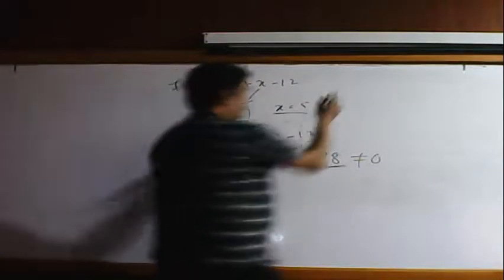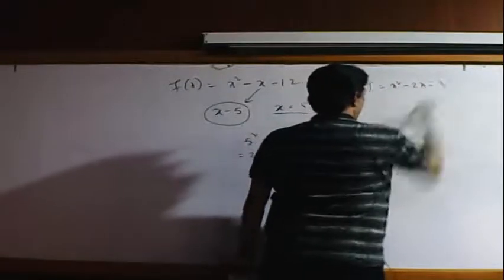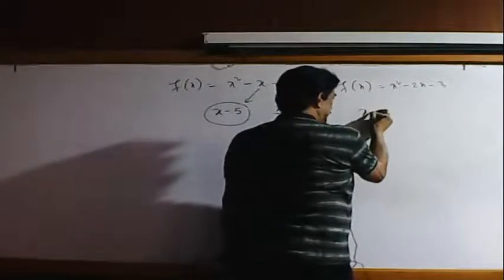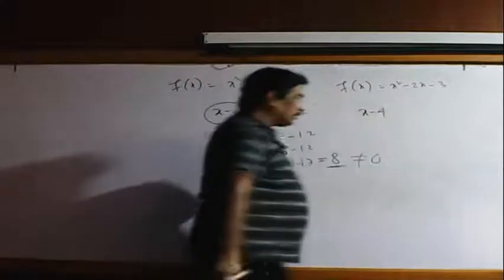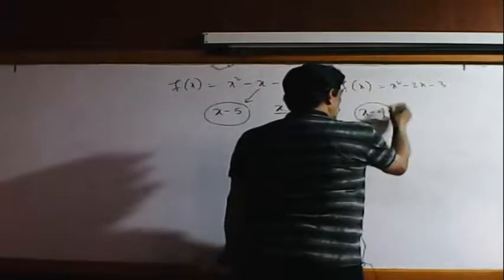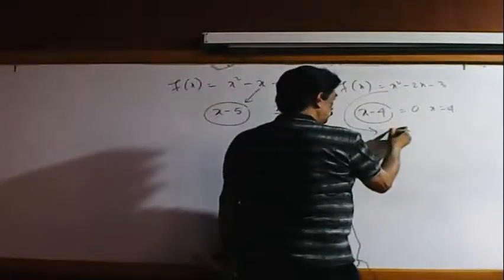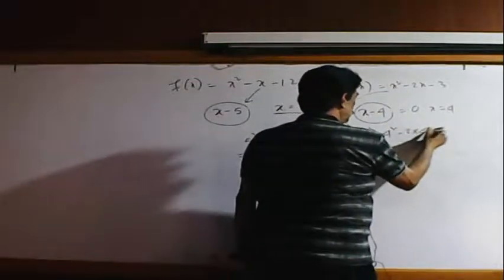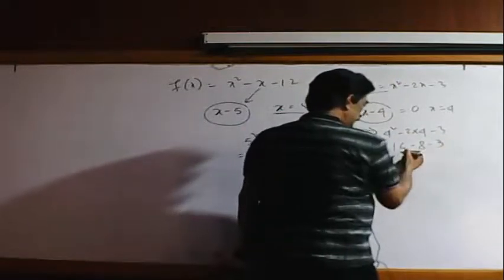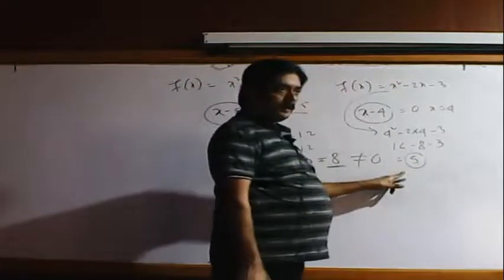That theorem is called the remainder theorem. Now, if I consider f(x) = x square minus 2x minus 3, find out what is the remainder. First of all, examine whether x minus 4 is a factor of the given expression or not. If not, then find out the remainder when the expression is divided by x minus 4. So put x equal to 4: 4 square minus 2 into 4 minus 3, 16 minus 8 minus 3, the result is 5. So if the expression is divided by x minus 4, the remainder will be 5.